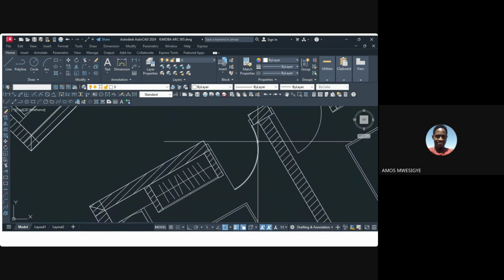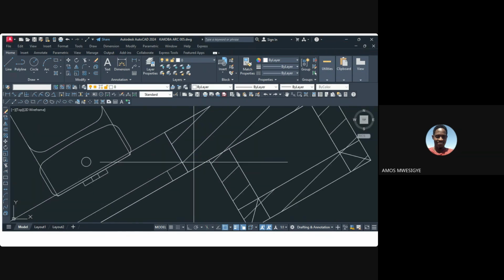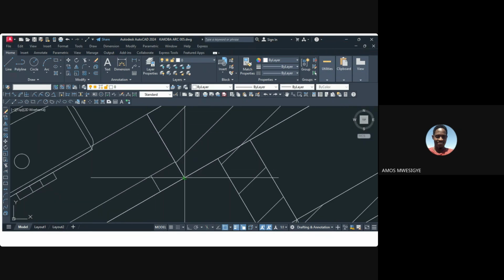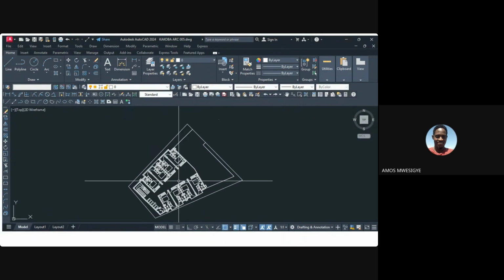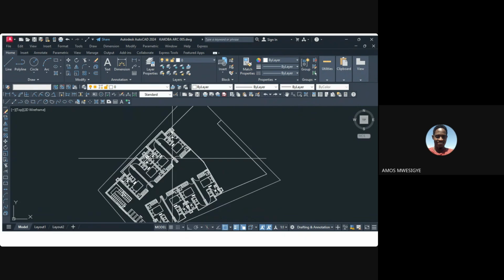So if you measure here again, an external wall, the same wall here, if you measure it like that, you'll see that we are close to the 200 that we wanted. So that's how the scaling works, using a scaling factor. So we don't just scale anyhow, we really have a purpose of scaling. So that's one way you would apply scaling if you're given a drawing which is not up to scale,